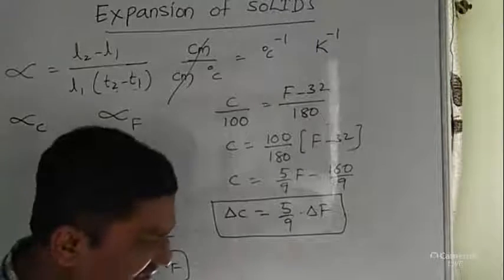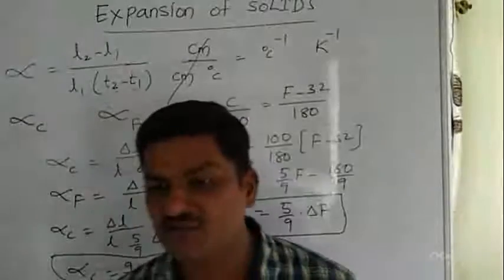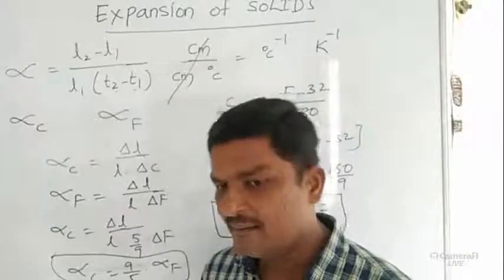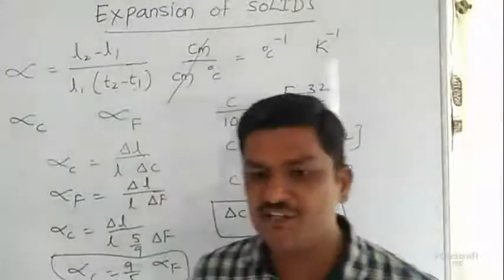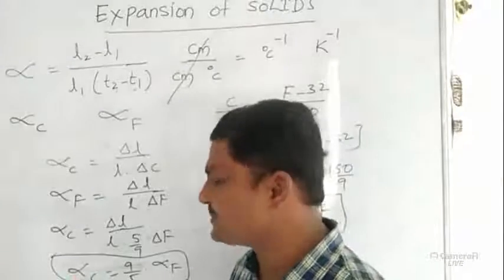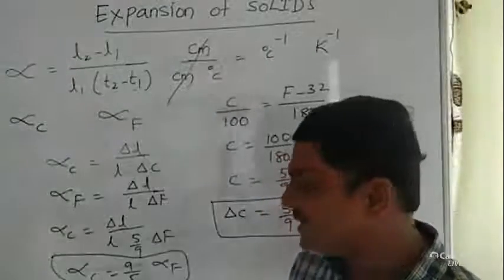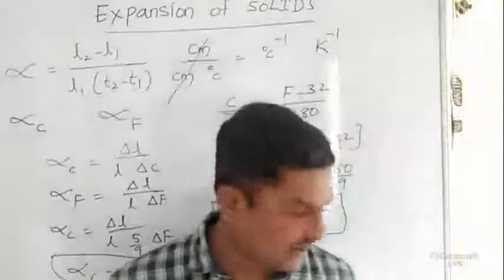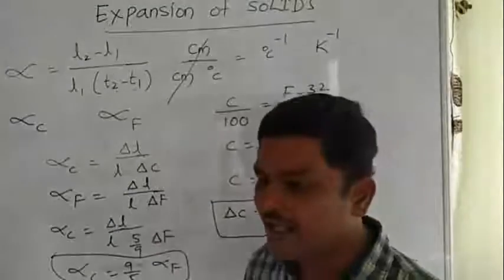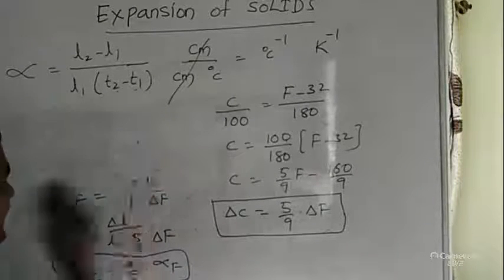Alpha C is coefficient of linear expansion when temperature is measured in centigrade scale. Alpha F is coefficient of linear expansion when temperature is measured in Fahrenheit scale of temperature. Next,